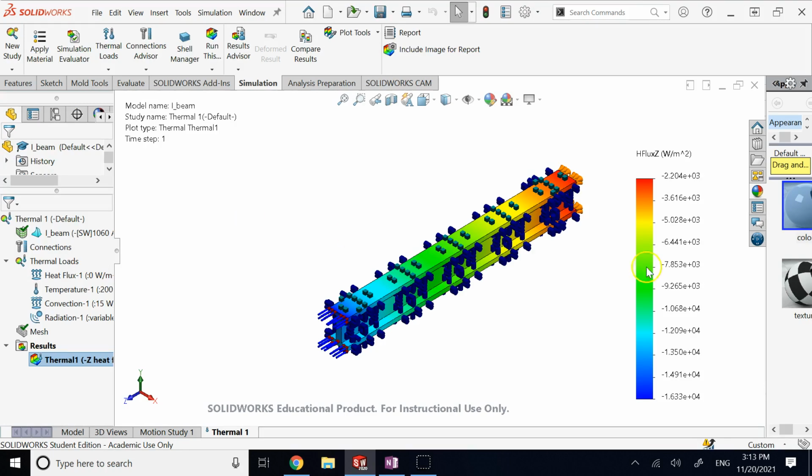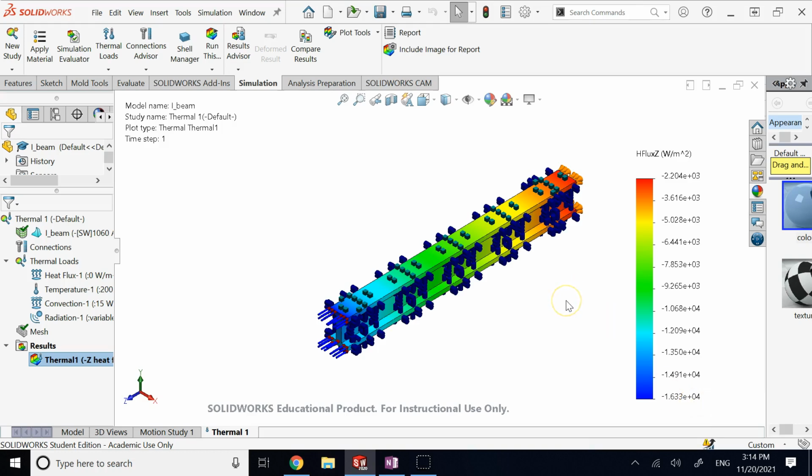Now if you look at heat flux, you clearly see that the numbers on the legend are not all the same number. If you remember last time, I only had one single number for heat flux or one single number for temperature gradient. This time I have a range. It goes anywhere from negative 1.6 times 10 to the 4 to negative 2.2 times 10 to the 3. Okay, so anywhere from negative 2,200 to negative